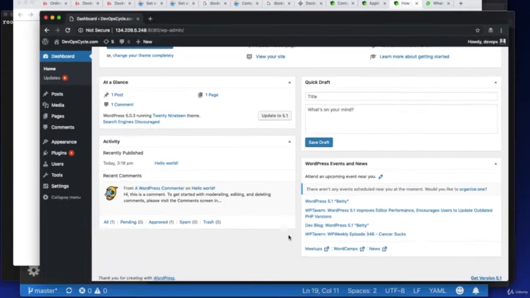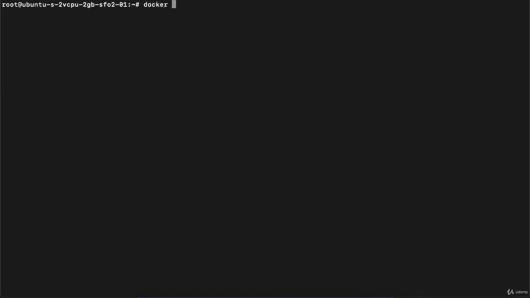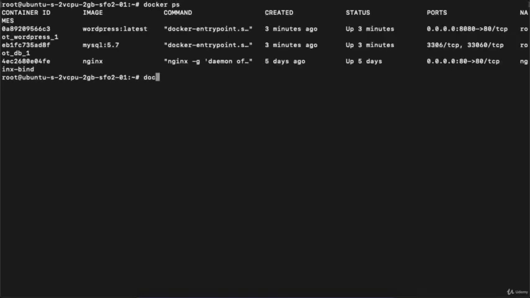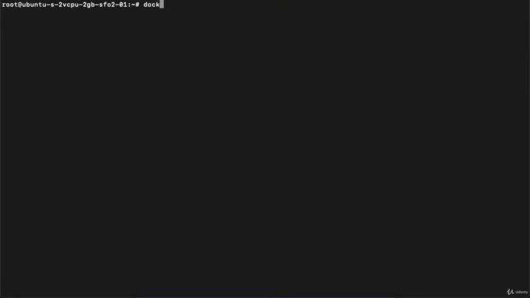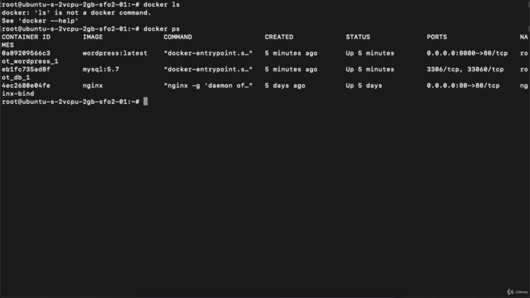If I go to the terminal and execute docker ps, and suppose I type a command docker logs with the ID of my WordPress container, right?